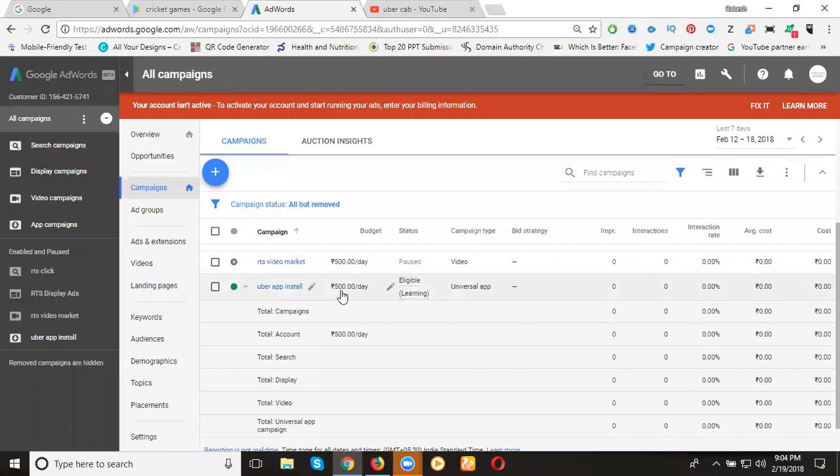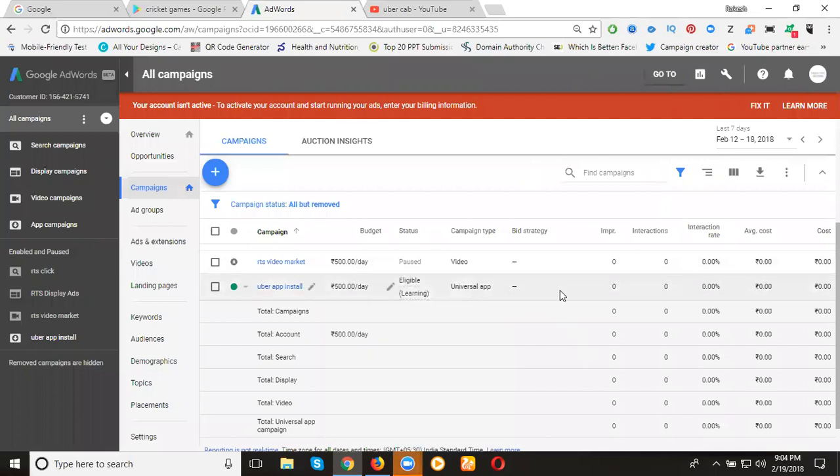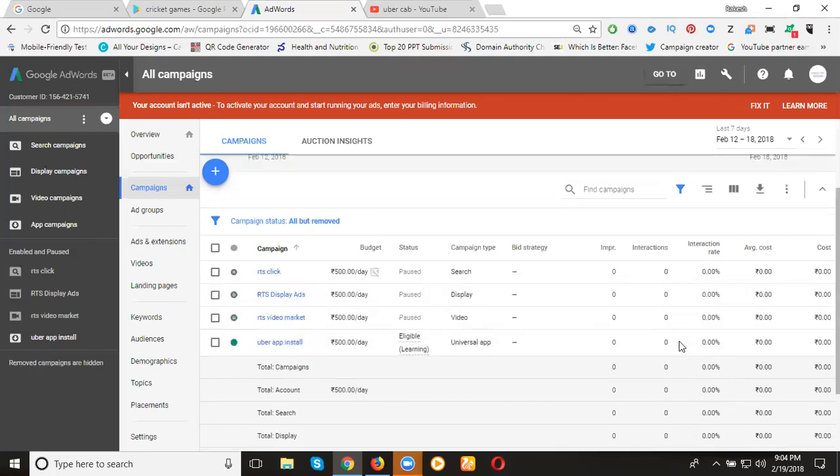This is your campaign. My budget will be 500 per day. Eligibility will be there. Now, universal app campaign. See this: impressions, interaction rate, average cost, and cost. These will be generated, such as CTR, clicks by impressions times 100. Here, no impressions will be called CPA, cost per acquisition and action for apps, or CPA, cost per install. We can give CPA, cost per install, charged at 1 rupee. My daily budget is 500. Total how many clicks will be done? 500 clicks, based on search, free rights, free coupons like this. Is it clear? This is how we can create apps on Google AdWords.